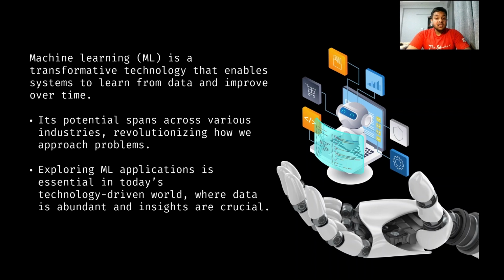It's a game changer across industries. Imagine systems that become smarter over time just by processing more data. That's what machine learning does. Whether we are talking about diagnosing diseases, predicting financial trends, or managing city traffic, machine learning helps us make better, faster, and more data driven decisions. It means decisions are mainly based on data, not based on gut or instinct. So, in today's digital era, understanding how machine learning is applied can give us a competitive edge, and that's what we'll talk about in this presentation.